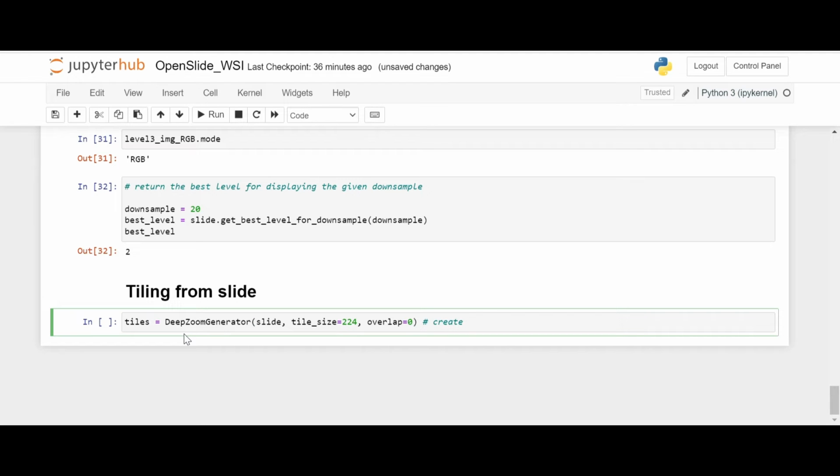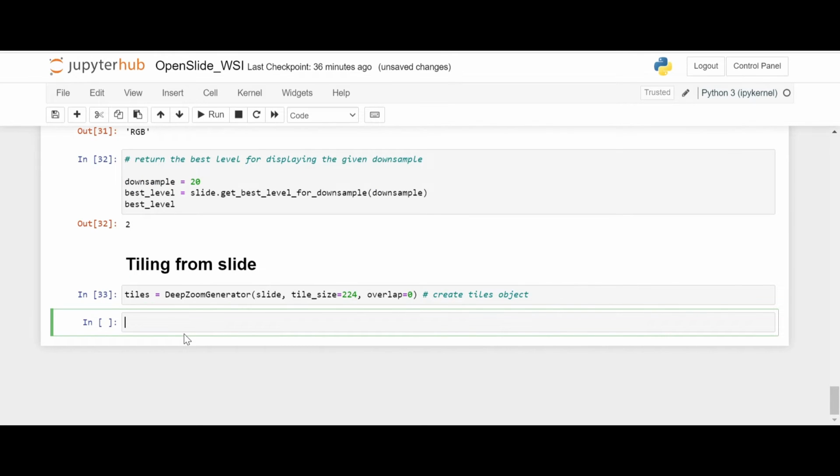We are creating tiles object here. Okay, now let's print number of deep zoom levels. This will be tiles dot level count. Print another new line here,